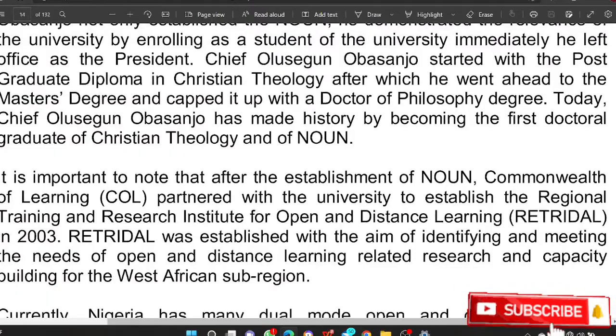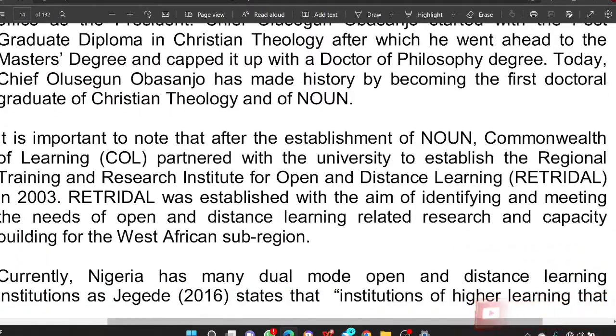It is important to note that after the establishment of NOUN, the Commonwealth of Learning (COL) partnered with the university to establish the Regional Training and Research Institute for Open and Distance Learning